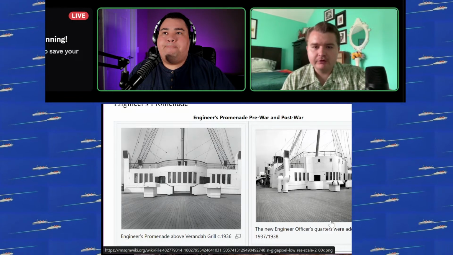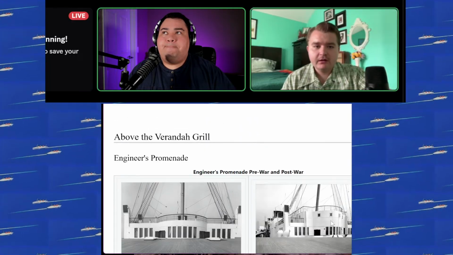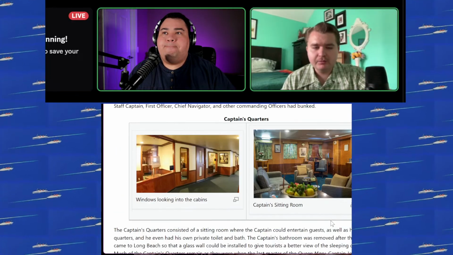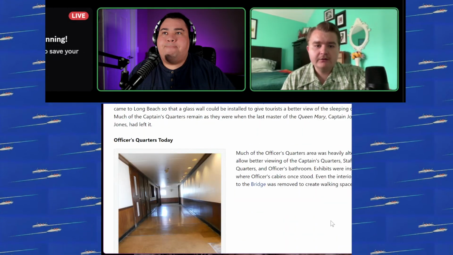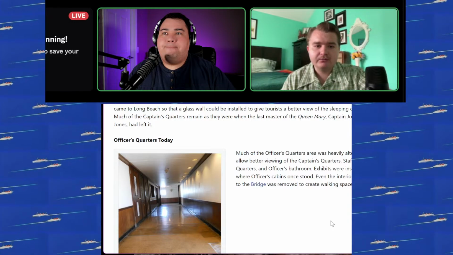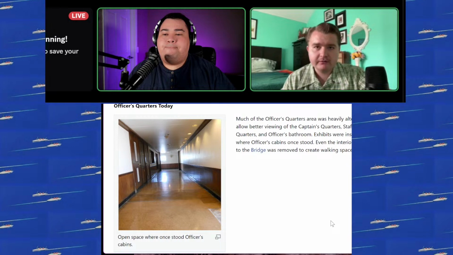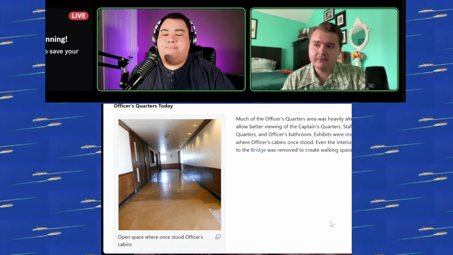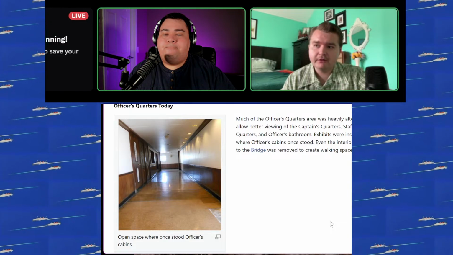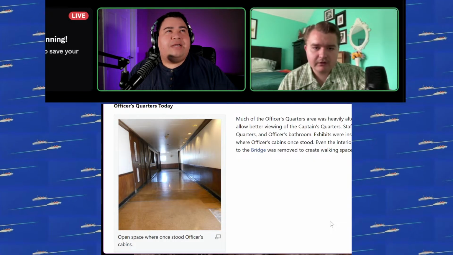For the most part, the officers' quarters do still exist in small quantity on sports deck forward underneath the bridge. Not all of the cabins are there, but there's remnants of a pantry. Technically two pantries, but there's one pantry that still looks somewhat original. And then there's remnants of the staff captain's lavatory, and also the captain's day room and bedroom, and then the chief officer's cabin, and the entirety of the staff captain's quarters.